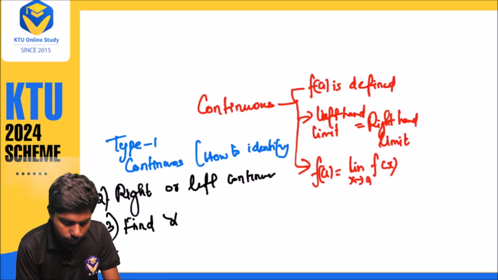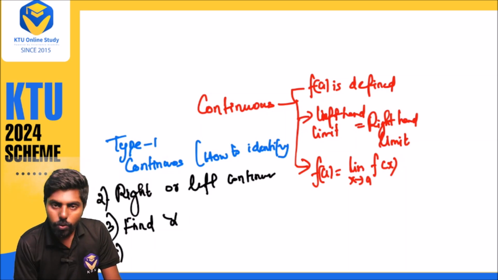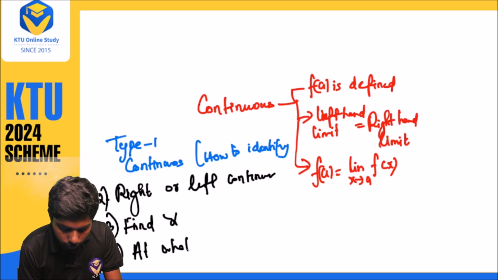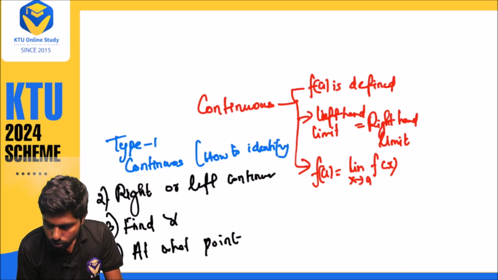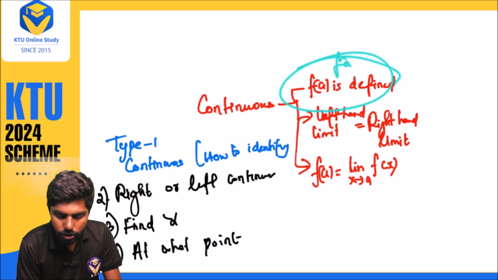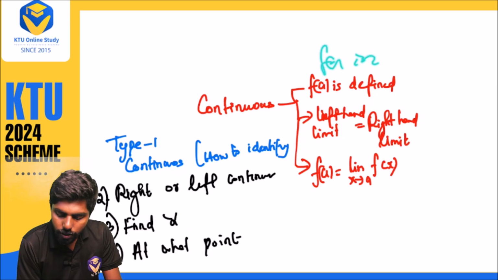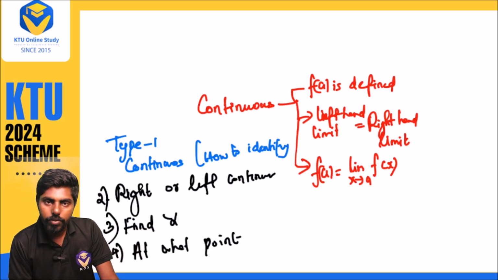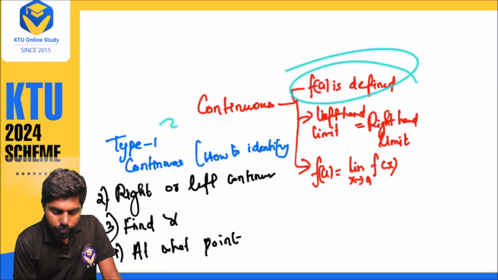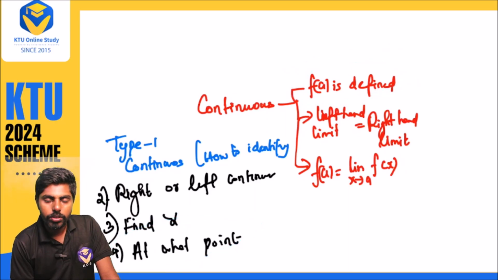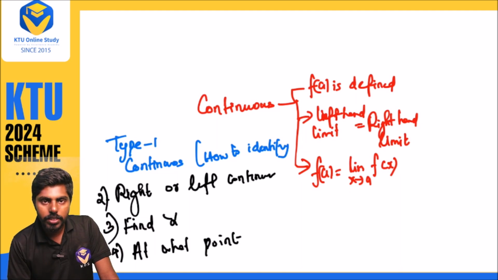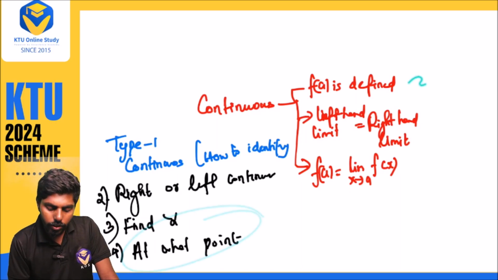And the fourth topic is about at what point. Using the first condition, we know that f of a is a constant value. When f of a is defined, it is a constant value. If f of a is infinite, it is undefined or not continuous. So using the first condition, you can solve at what point. You can say that all points are continuous except at the particular point, x is equal to 1 or x is equal to 0.